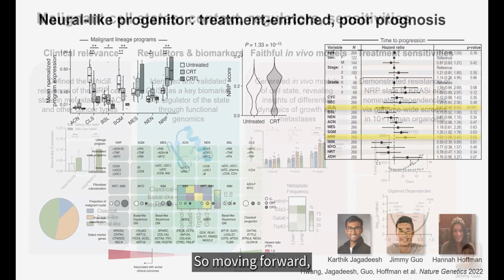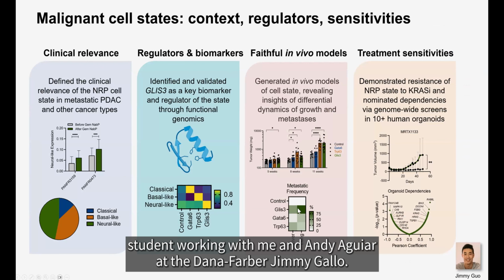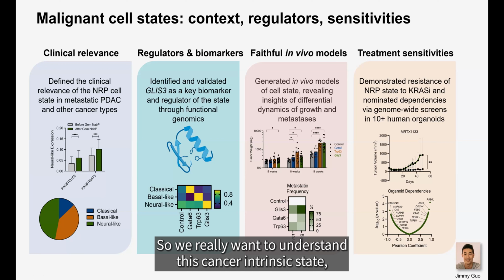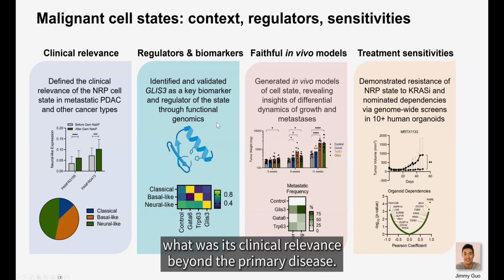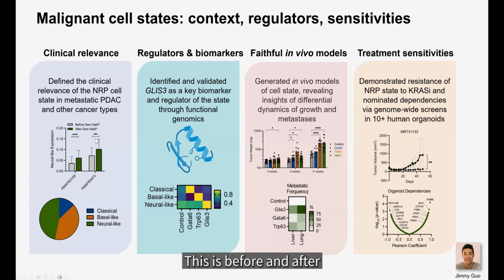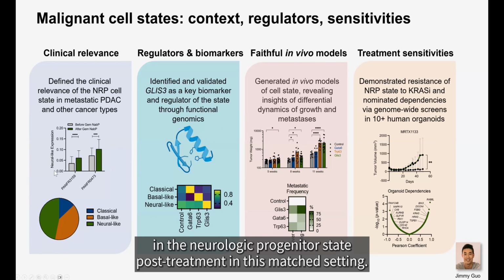So moving forward, this is some unpublished data that was led by an MD PhD student working with me and Andy Aguirre at the Dana-Farber, Jimmy Guo. So his thesis work really started to further dissect this neuro-like state. So we really wanted to understand this cancer intrinsic state. What was its clinical relevance beyond the primary disease? So he looked at some matched patient samples. This is before and after gem nab-paclitaxel. And in both of these patient tumors, you see a significant enrichment in the neuro-like progenitor state post-treatment in this